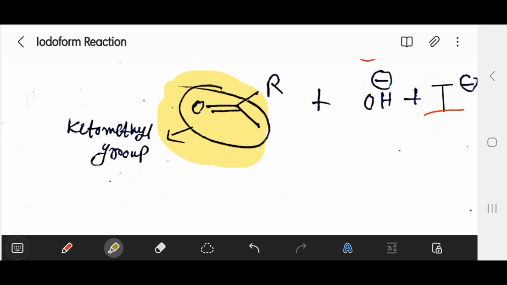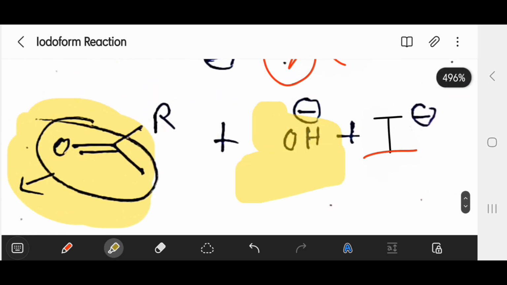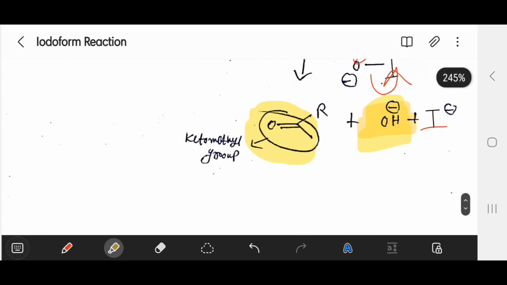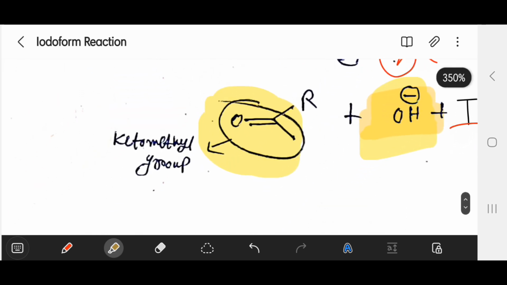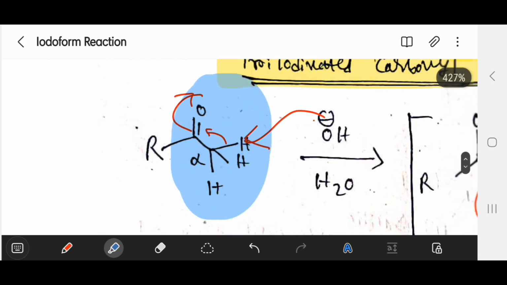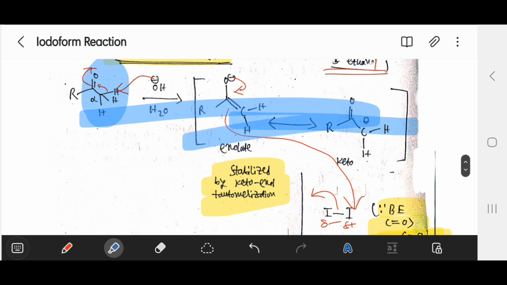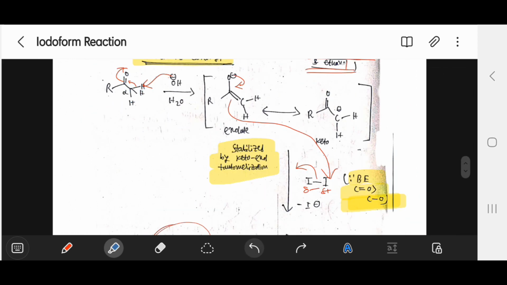So is this familiar to you? And before going to that, we will get OH minus back. OH minus is acting as a catalyst here. So are you familiar with this part? It is basically the same thing, and hence this reaction takes place like I have shown here. Let's move to